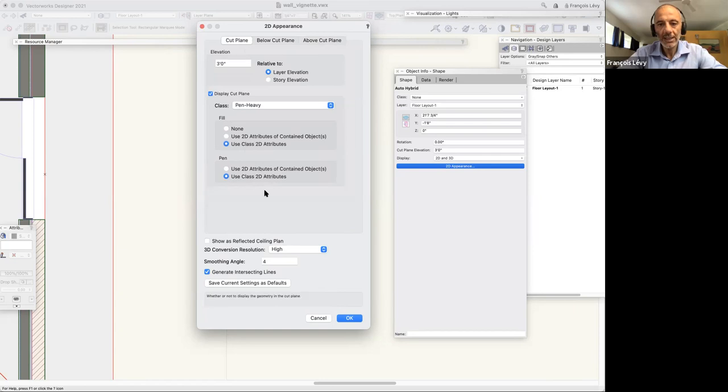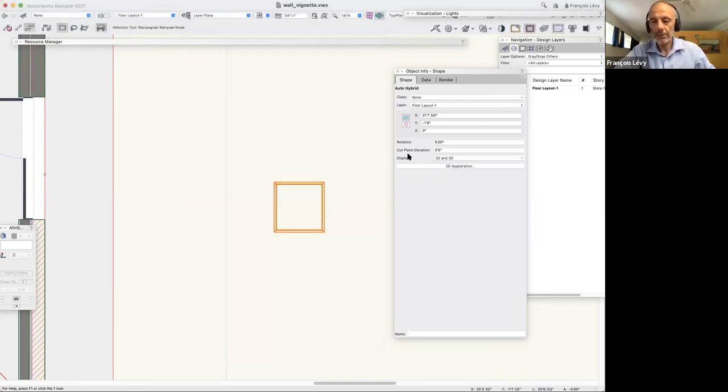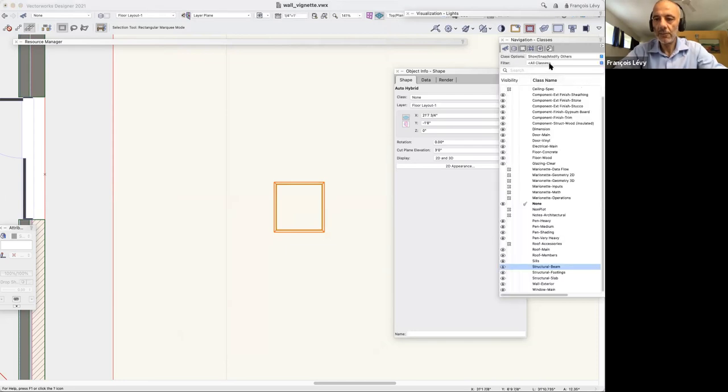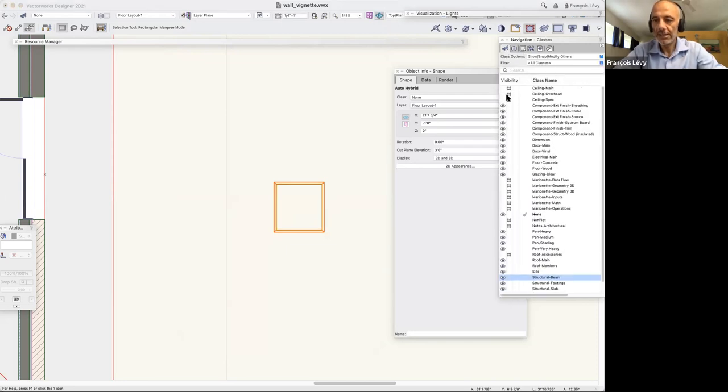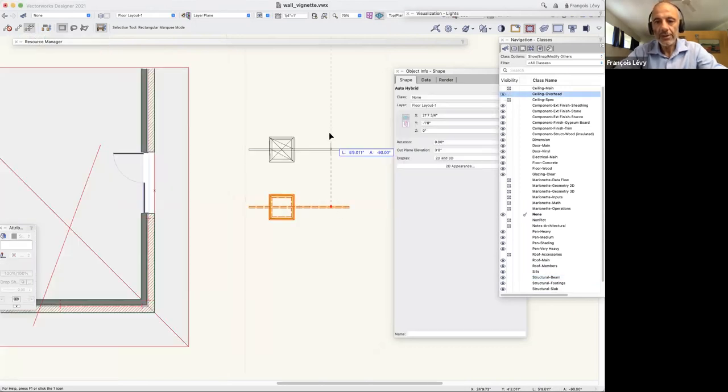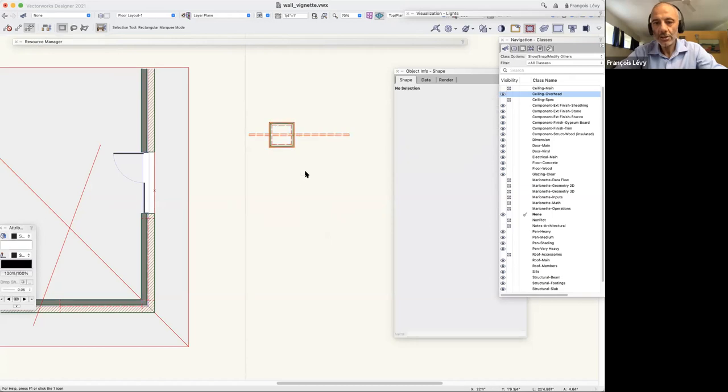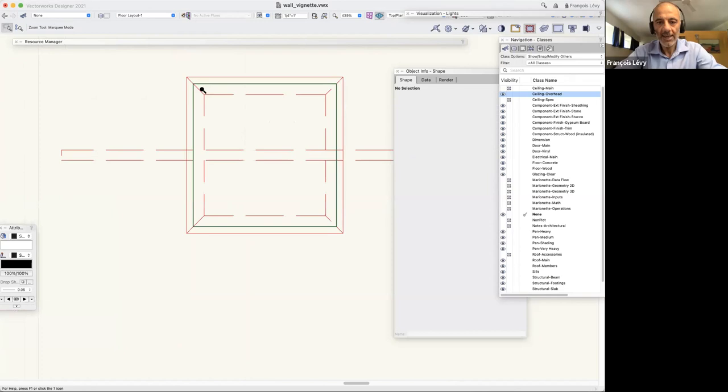So use 2D class attributes means the 2D class attributes of that particular object or of that particular class. So there we go. And in my navigation, my ceiling overhead class is turned off. So let's go ahead and turn that on. So there we go. So anything that's overhead is showing up dashed. Anything that's being sectioned is showing up with the heavy line, and anything below is showing up with the solid